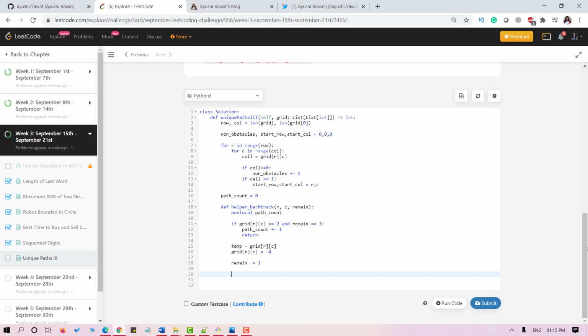Now we will explore all the potential directions we have. Those are (0, 1), (1, 0), (0, -1) and (-1, 0). So I'll run a loop over these directions.